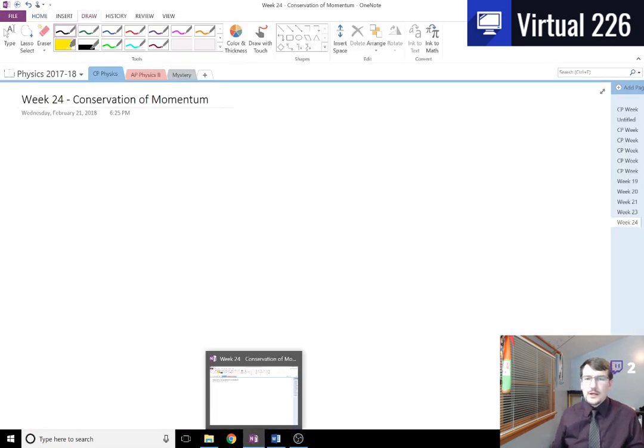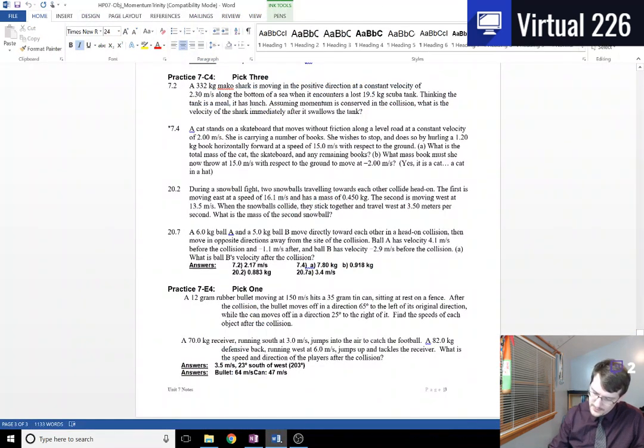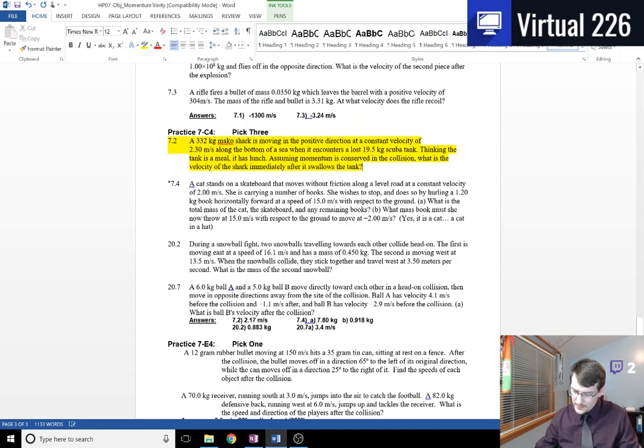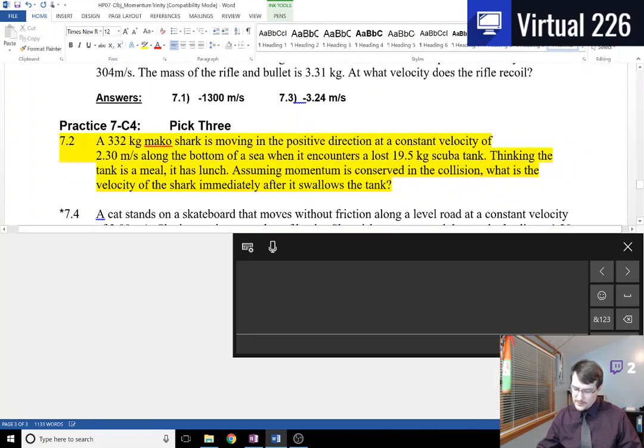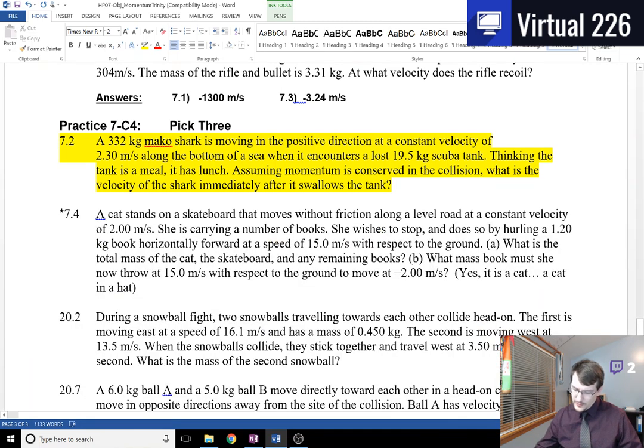Okay, we're going to look here at a C4 problem. This is a problem actually from the problem sheet right here. A 332 kg Mako shark is moving in the positive direction at a constant velocity of 2.3 meters per second along the bottom of the sea when it encounters a lost 19.5 kilogram scuba tank. Think the tank's a meal. It has lunch. Assuming the momentum is conserved in the collision, what is the velocity of the shark immediately after